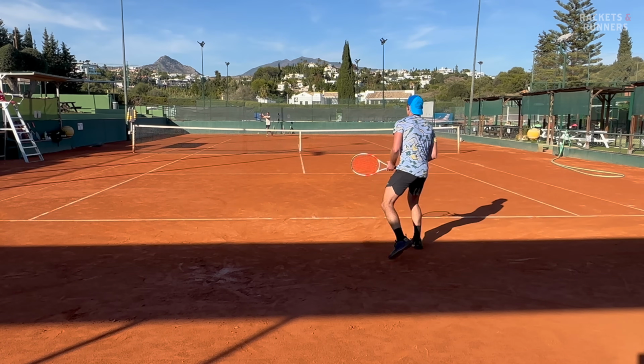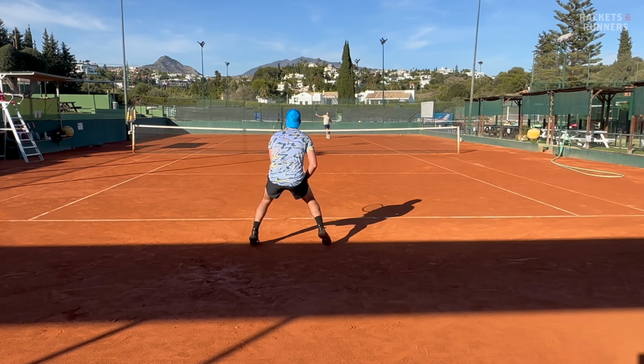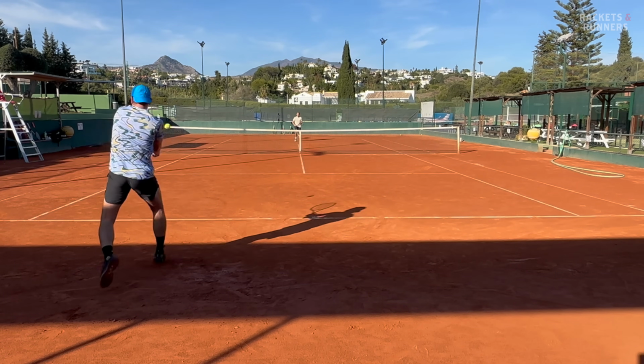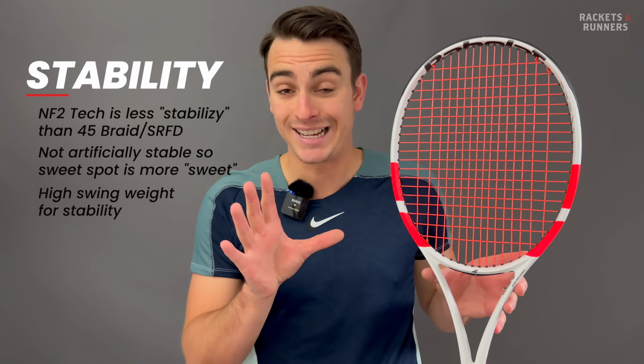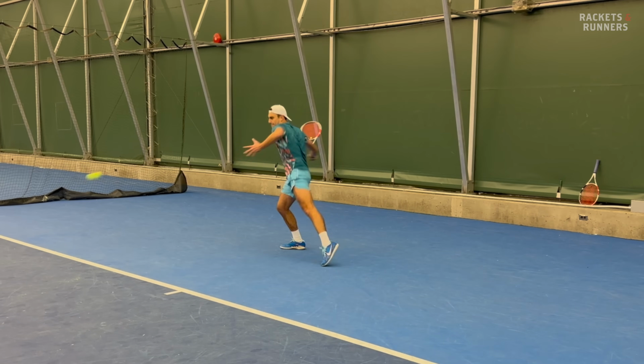There isn't that artificially stable feel, and that helps make the sweet spot a little bit sweeter, but in order to keep the frame adequately stable, they had to keep the swing weight high, hence the 333 strung. That takes away from some user friendliness for sure, but I'm fine with this because high swing weights just make sense on control rackets, and because that high swing weight is a big reason for why the Pure Strike has